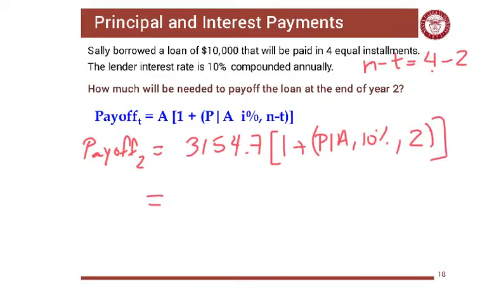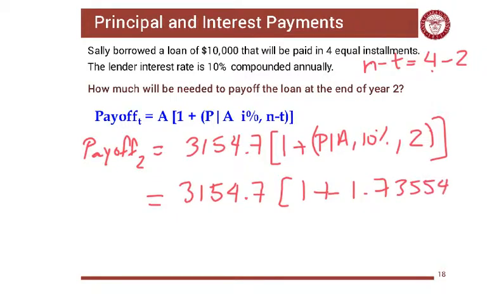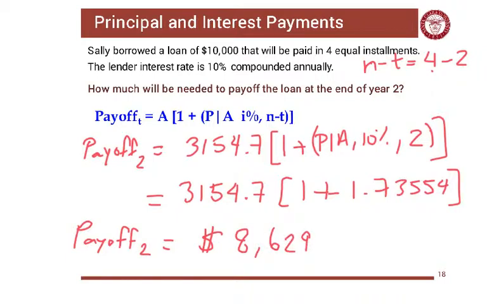So you calculate now this factor, or you get it from the table. So it equals 1 plus, and this factor here we used before, 1.73554. So you get here that the payoff at the end of year 2 will equal $8,629.8. So this is the amount that if you decide, or Sally decides, to pay off everything on the loan